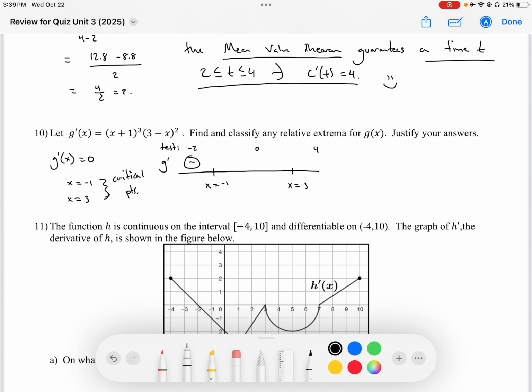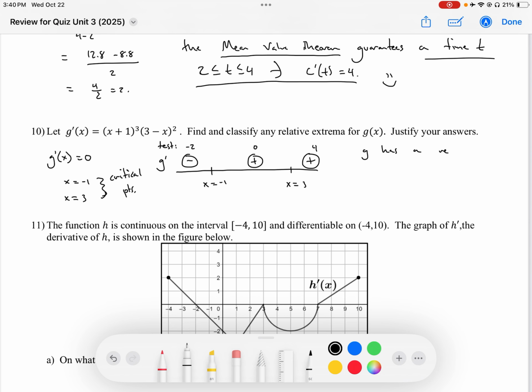If I plug in 0, I get a positive times a positive, which is a positive. If I plug 4 in, I get a positive times a positive, which is also a positive. Okay, interesting. So what that tells me is G has a relative min at x equals -1. It's actually an absolute min, I think, because I think this function just increases after -1, but